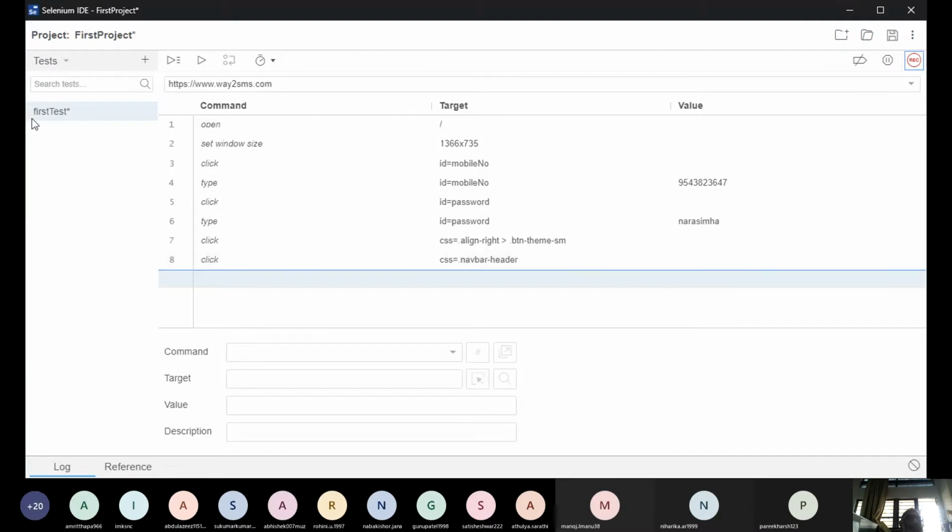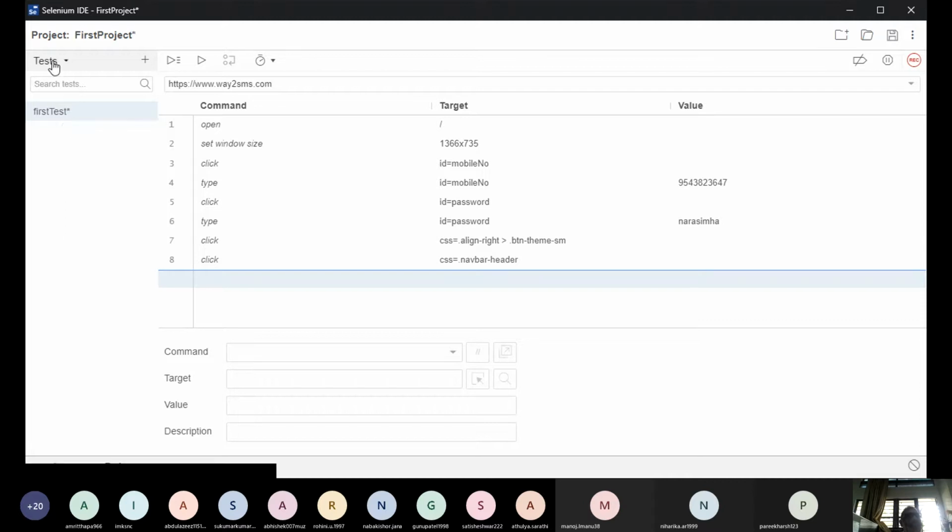Now see here, first test is the test that you created now. When you click on the three dots, you can rename the test. If you want to create a duplicate, another test with the same kind of functionality, that can also be created. If you want to delete the test, you can. You can even export the test cases to an Excel file or any other software. Is that right? As of now, okay.